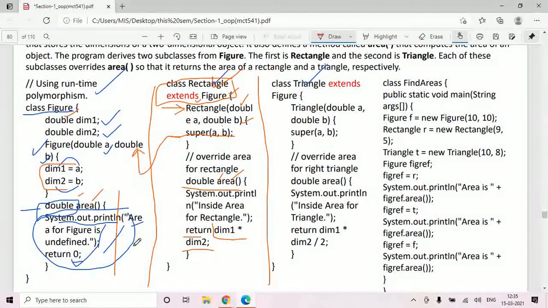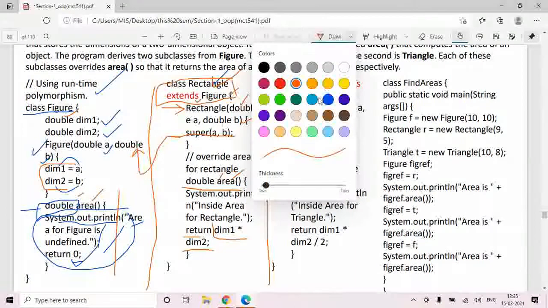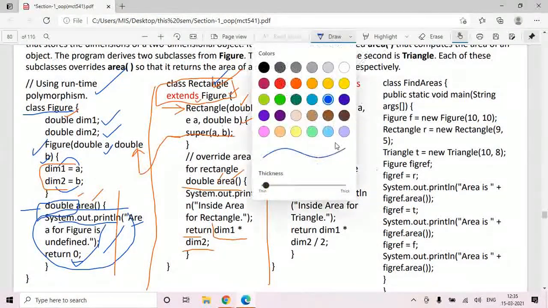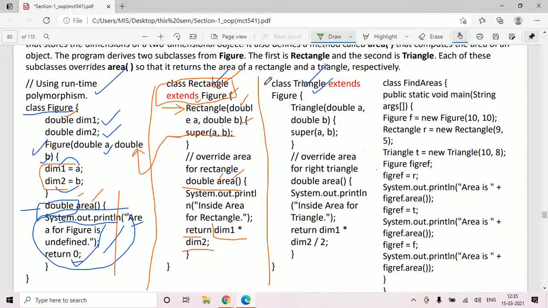This is normal figure class. Now we have a triangle class. It extends figure class. Again, this figure class is extended by the triangle class. We have a triangle constructor. Just like we have a rectangle, we have written a triangle constructor.